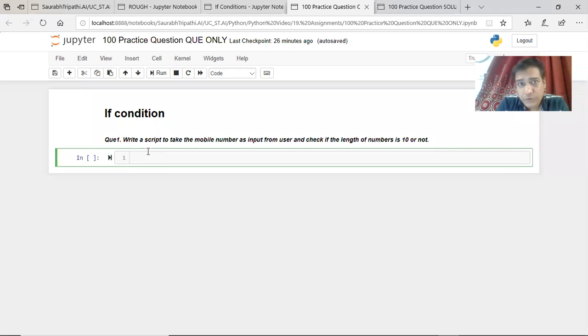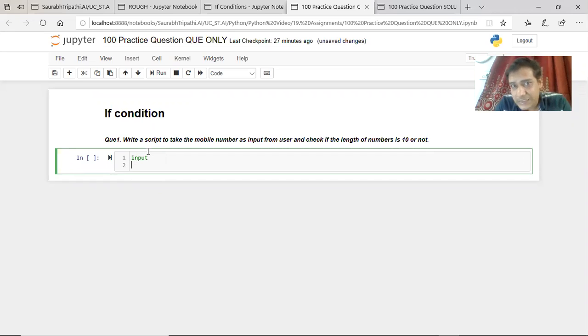So welcome back. If you have done the script good, I hope you have written the script and you will check it. Okay, so let's start. What you need to do, you need to divide the code in several parts. You need to take an input. As we all know, the default input is always string, but right now you are just checking the length, so the type of input doesn't matter. We are only going to check the length of this input.